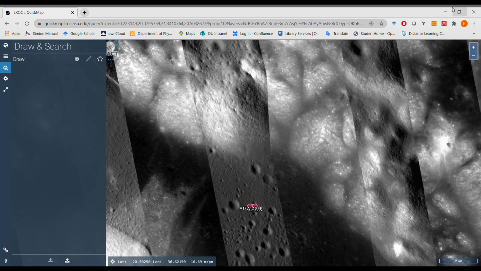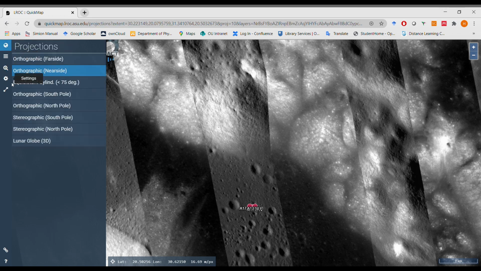So now I just want to show you one of the features of QuickMap that I really enjoy, and that is looking at the moon in 3D. Now, they have some of the highest resolution images and the most up-to-date topography maps, the slopes that you see on the moon, on the hills and in the craters. And what they've done is they've overlaid them together. So in 3D mode, you can explore them with sort of an astronaut's viewpoint. So if we just briefly switch our projection to 3D mode,